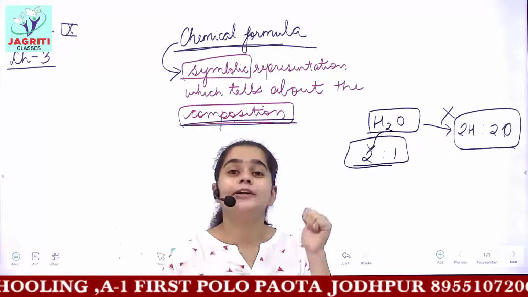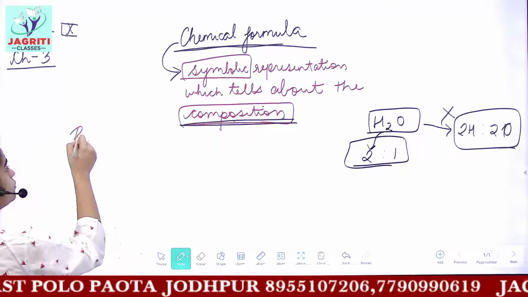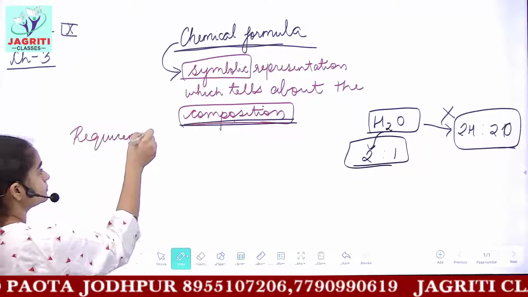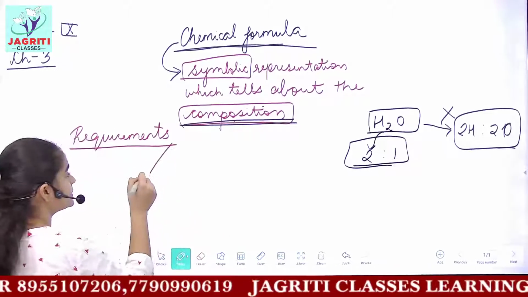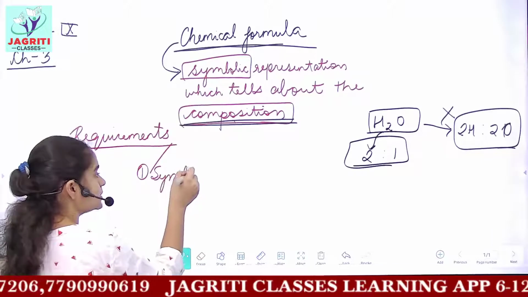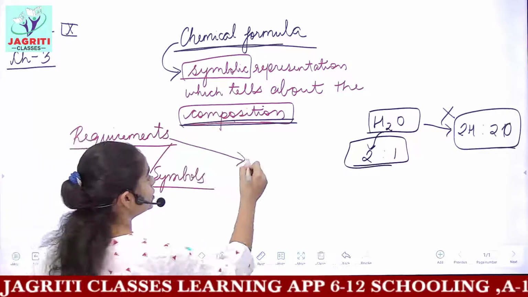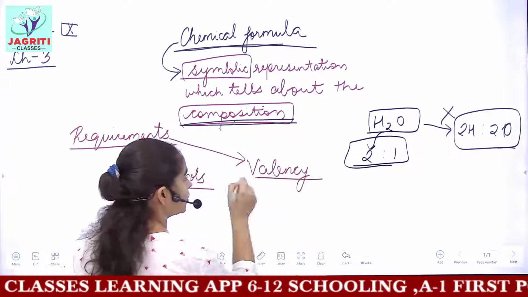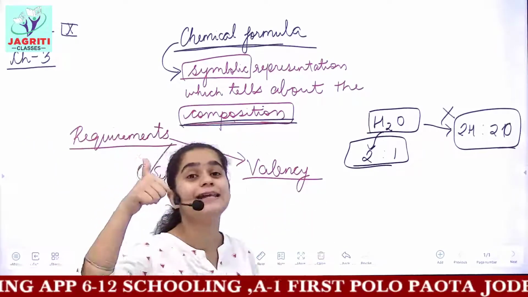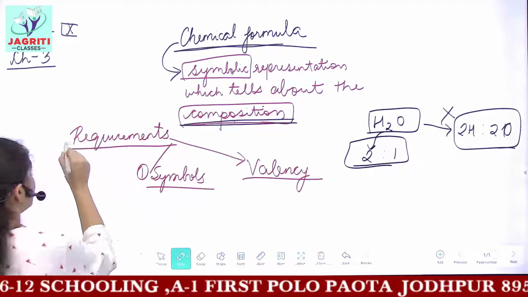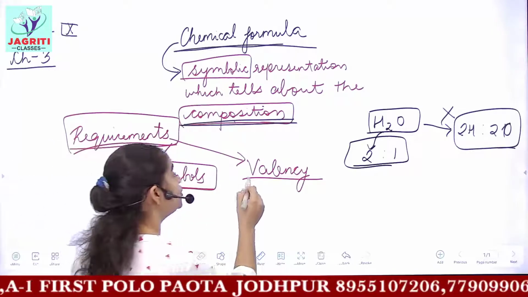Now we'll see what are the two things that we require to form a formula. So the requirements to form a chemical formula: you need to have an idea about two things. The first requirement is you need to know the symbols of the elements or atoms which are included in your given formula. And the second thing, you need to know about the valency, the charges. We already discussed valency in the last lecture. What do you mean by valency? It was the combining capacity. So the requirements of a chemical formula are only two: you need to know the symbols, and you need to know the valency.